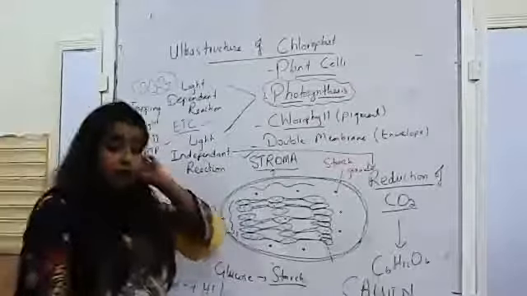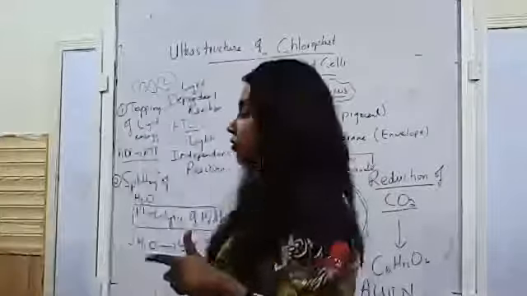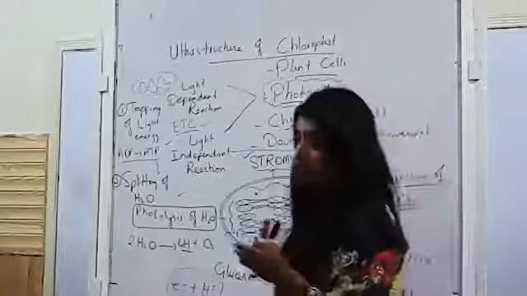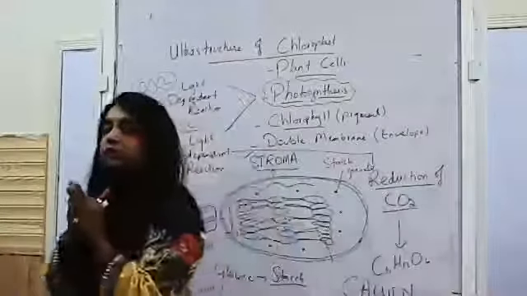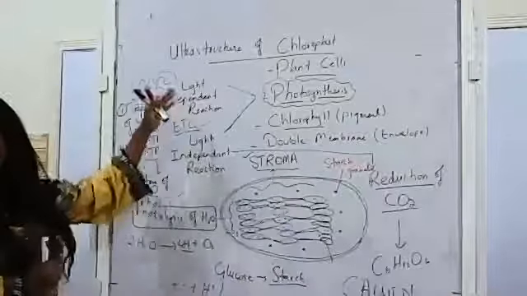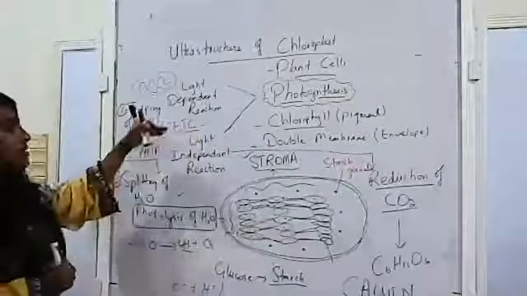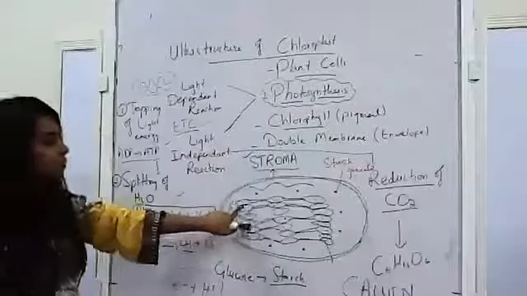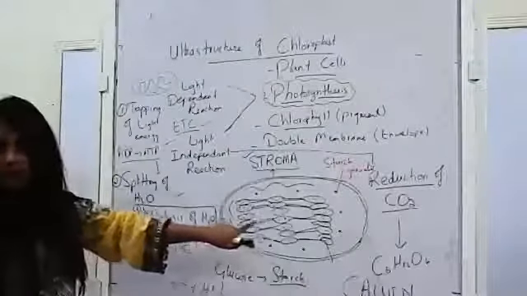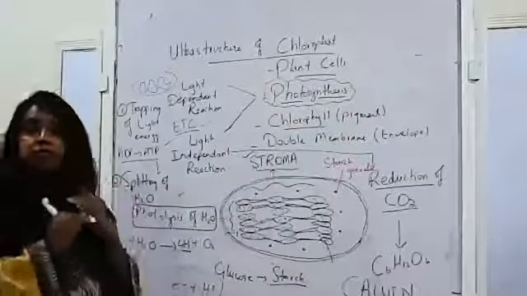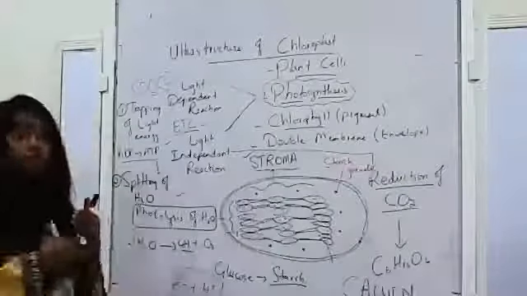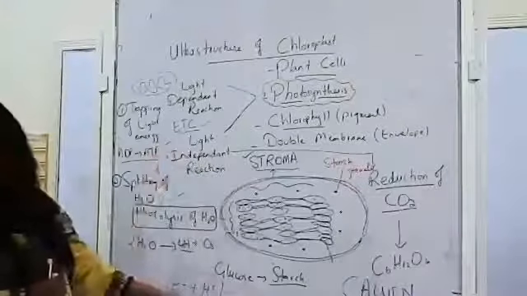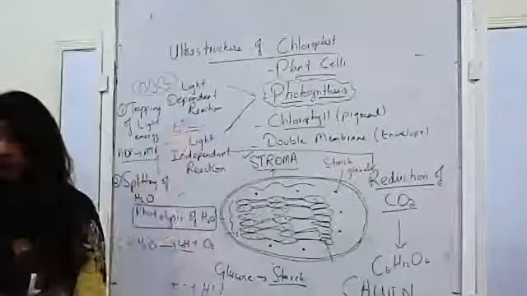Hence, both mitochondria and chloroplast have a system of membranes. Please write this down somewhere, that this similarity is because of the electron transport chain, because both use the electron transport chain. Mitochondria has cristae, whereas chloroplast has thylakoid membranes, right? The system of membranes is to facilitate the movement of electrons and hydrogen ions in the electron transport chain, right?